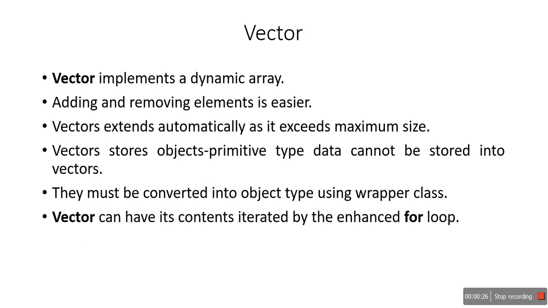See, we already studied what is the use of array. So what is the use of array? We know how to create array in Java and what is the use of arrays. So array stores homogeneous elements, means you can store only one type of elements. For example, if you are creating an array of type integer, so you can store only integer type of variables. Okay, that is not possible to create any string variables or char variables within an integer type variable.